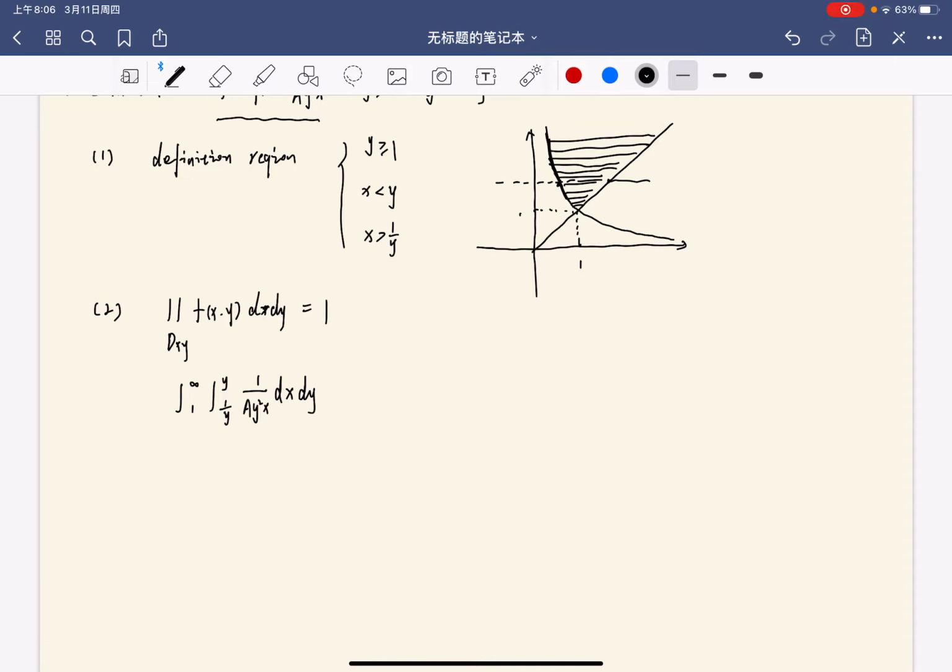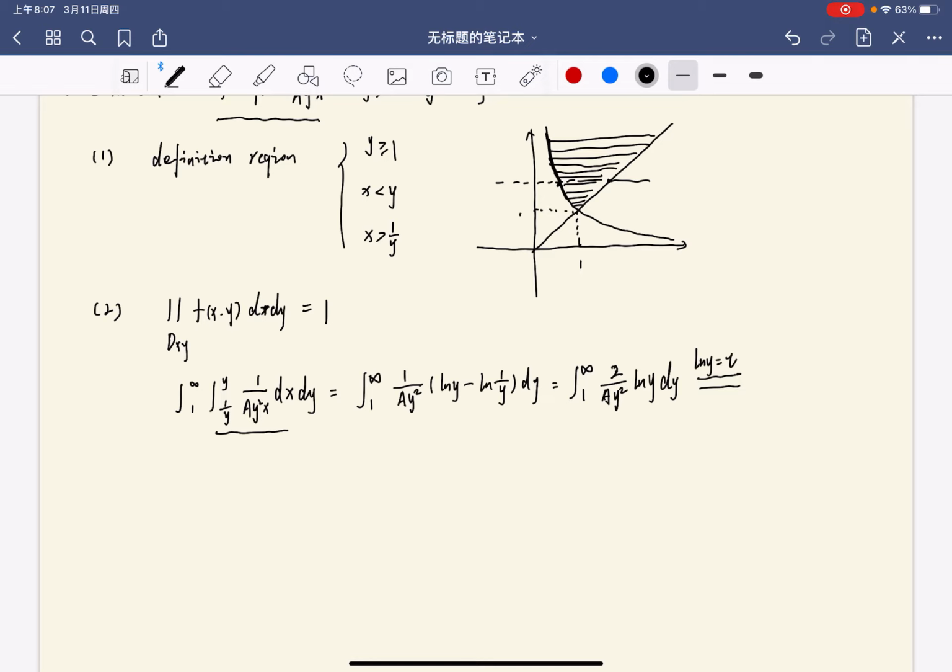And for this part, because the derivative of ln x is 1 divided by x, we can calculate this part, which is ln y minus ln (1 divided by y) dy, and this part equals 2 ln y divided by a, dy, and then we can let ln y